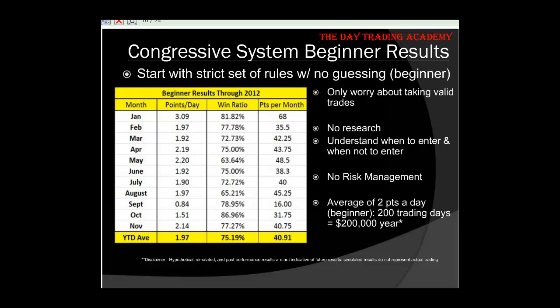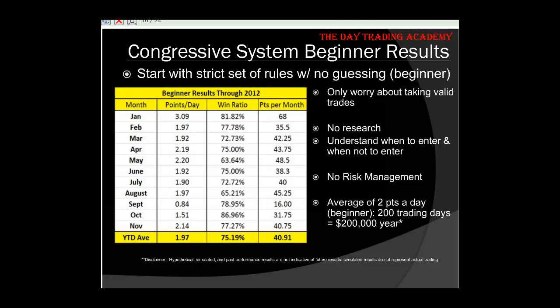It's that simple. So the numbers that you see above, those of you that have heard this stuff about the E-mini S&P 500 is dead, okay? I just showed you that with a beginner results system, you're able to make 2 points a day. Now, what is 2 points a day? Remember, each point is 50 bucks. So that's $100 per day per contract. We assume 200 trading days. There are actually 245 trading days a year. I try to be real conservative with these numbers. And assuming 10 contracts, you can make $200,000 a year.